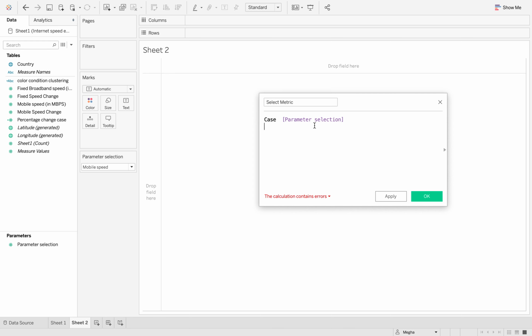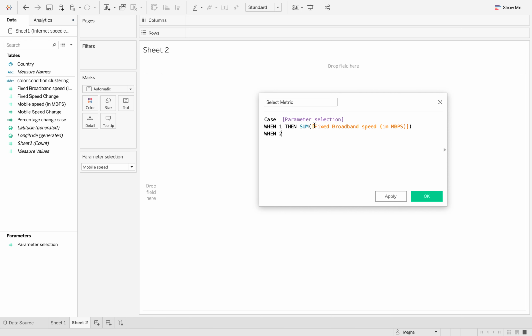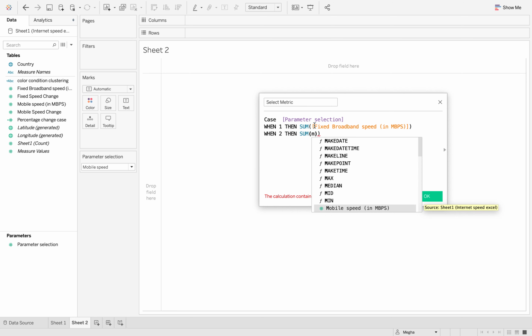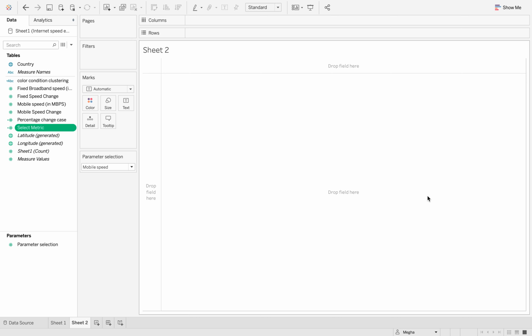Parameter selection, when 1, then sum of fixed broadband speed in Mbps, when 2, then sum of mobile speed in Mbps, and end the case statement. Here we see that our calculation is valid. We click on apply, OK.